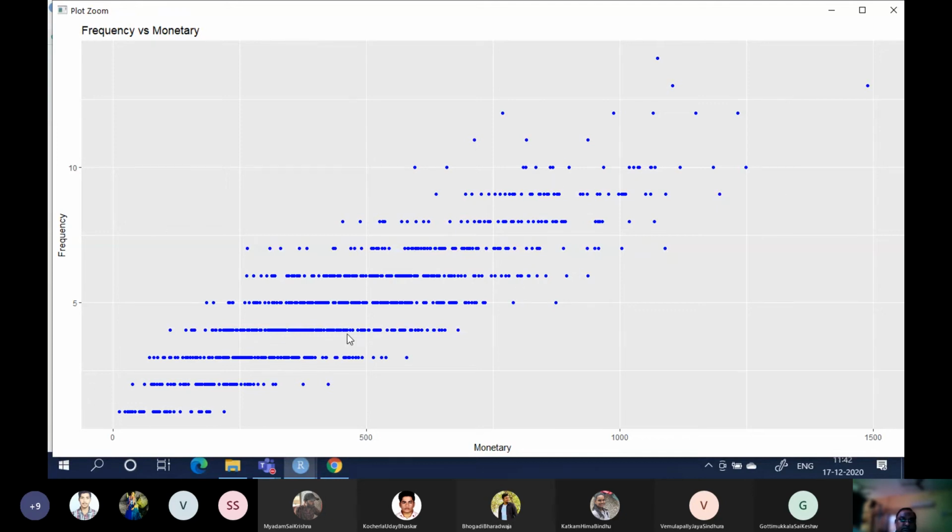So here, this is something like a discrete scatter plot. So high frequency, high monetary.